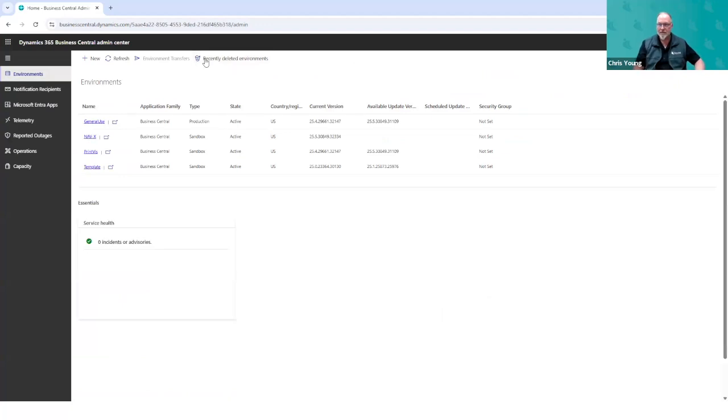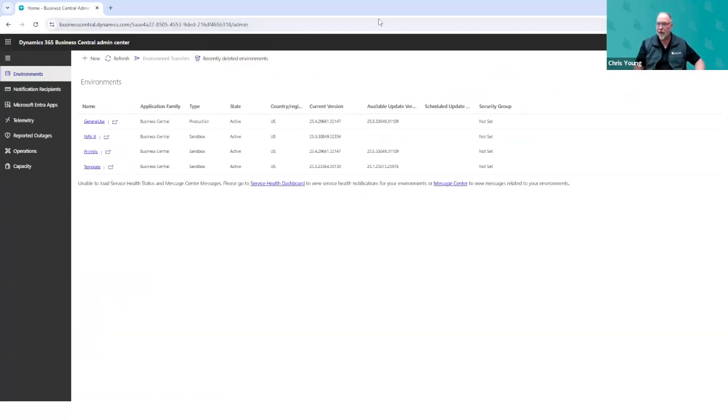In our admin center, we have the ability to see a variety of features. New is to create a new environment. This is how we provision environments. So if I click New,